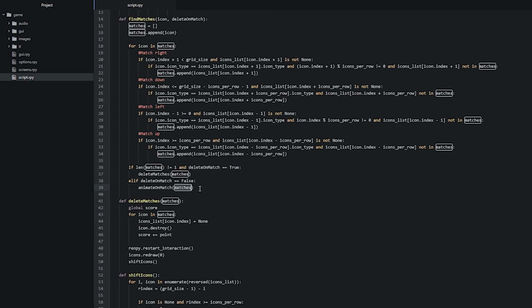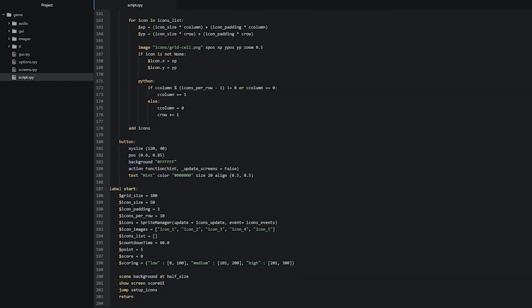So before we create this function, we are going to create a new list, which we are going to call icons to animate. And we're going to do that down in the start label. So we're going to scroll down, and then we're going to say icons to animate, and then we'll initialize an empty list, so we'll write 2 square brackets like so, and then we can scroll back up again,